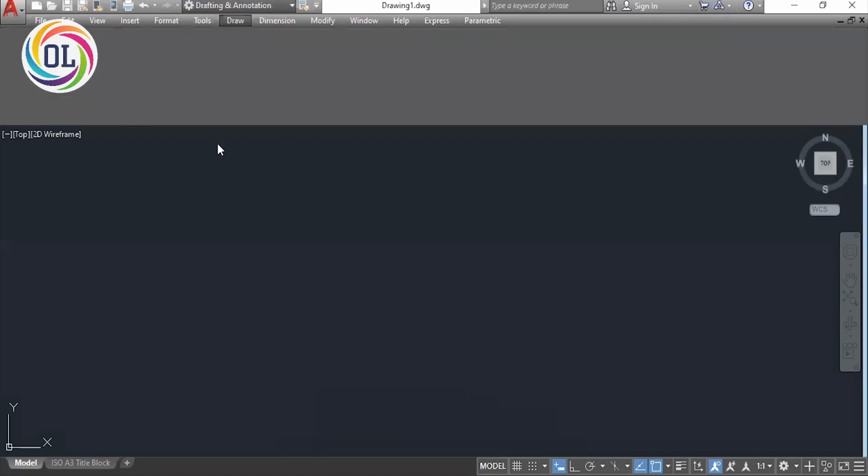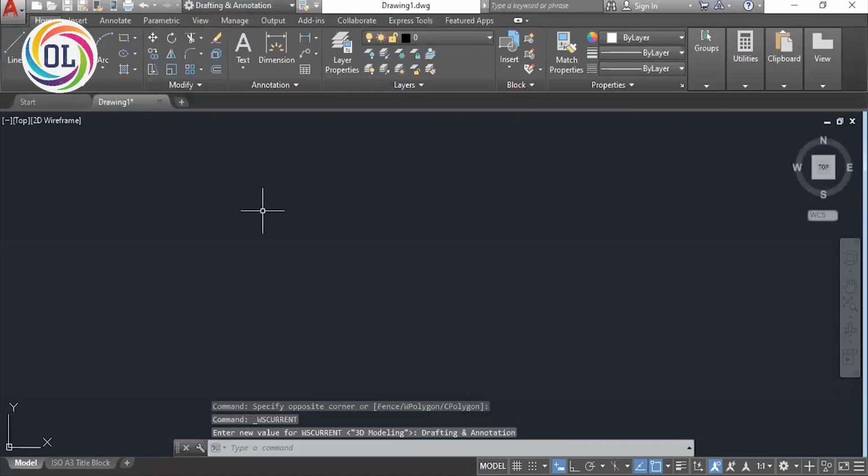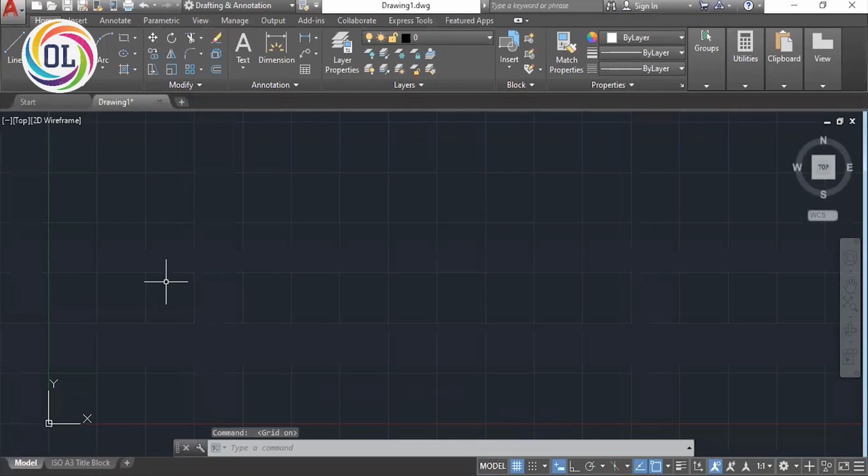You can also draw isometric views using AutoCAD. This is the 2018 version. As per Windows 10 changes, AutoCAD 2018 also has some basic changes, and 2019, 2018, 17, 16 are almost similar versions.